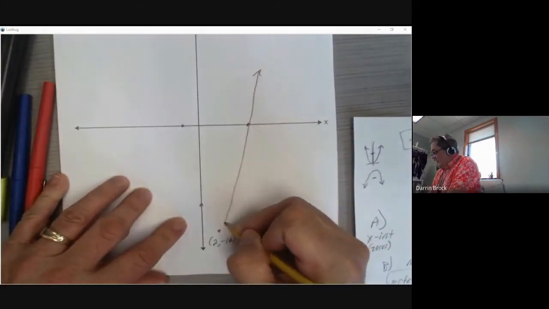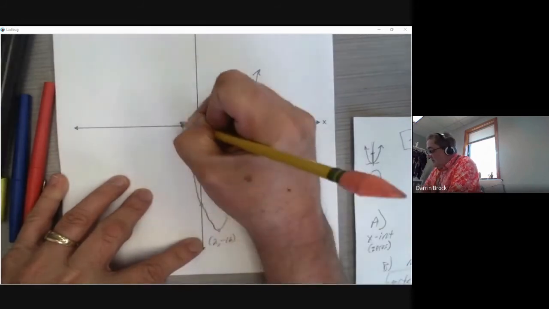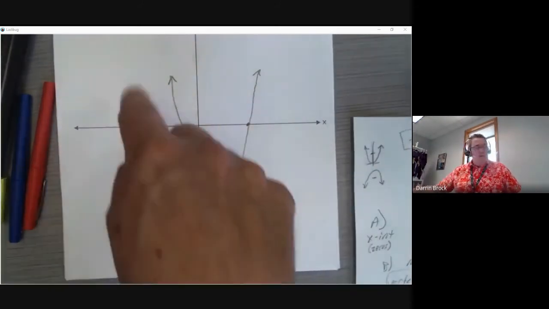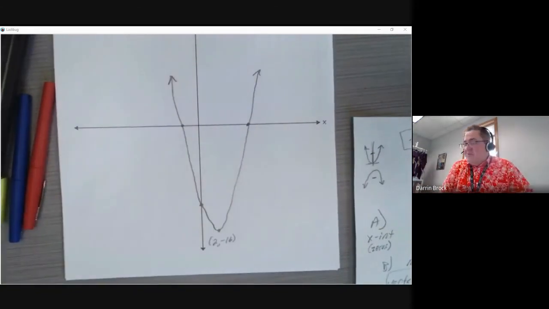I know it's not going to go lower than that. That's going to be where it turns around. It's going to cross the y, going to cross the x, and that's it. We've graphed it by just taking the intercepts and the vertex, and that's all we really need to know. The rest of that, it'll fill in itself. As long as we make a U shape, crossing through those points, that's as accurate as we're looking for on